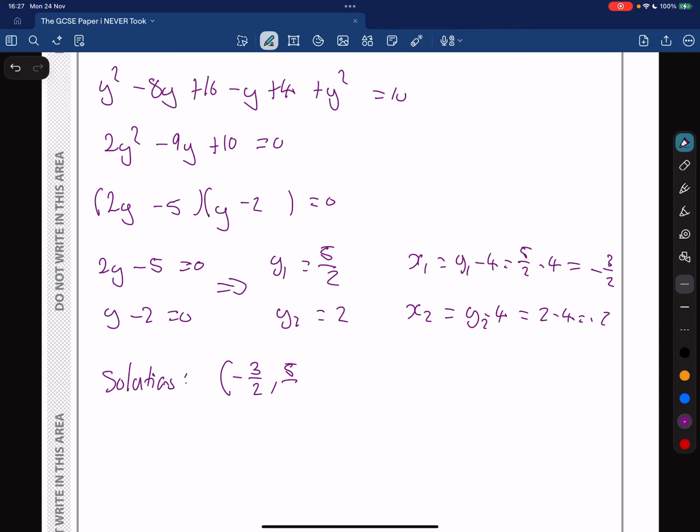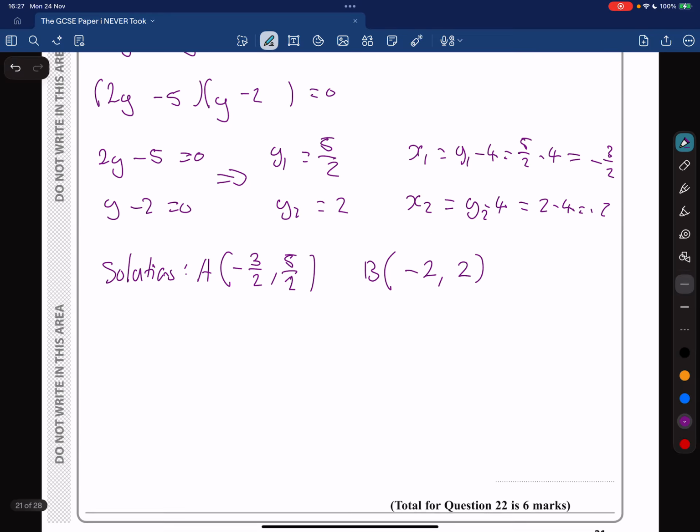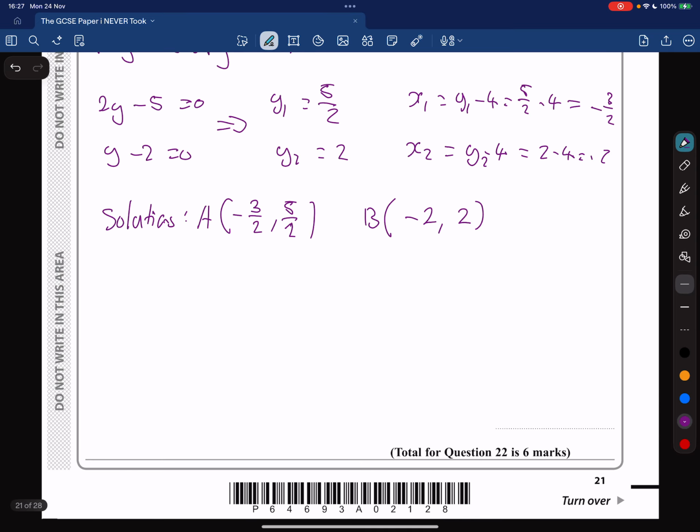So well done if you're solving this faster than me. And that's A, we've got B, which is minus 2 and 2, and then what you've got to do is B minus A, which is equal to minus 2 minus 3 over 2, comma, 5 over 2